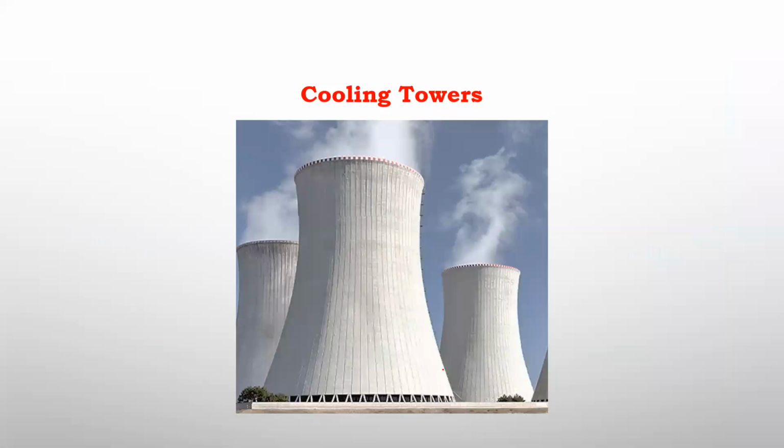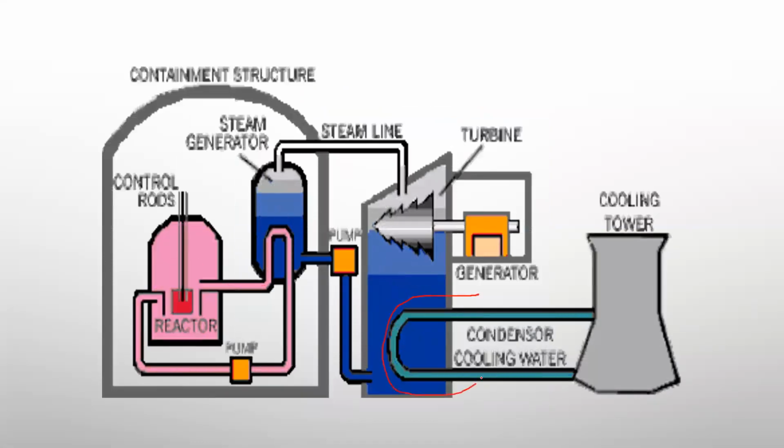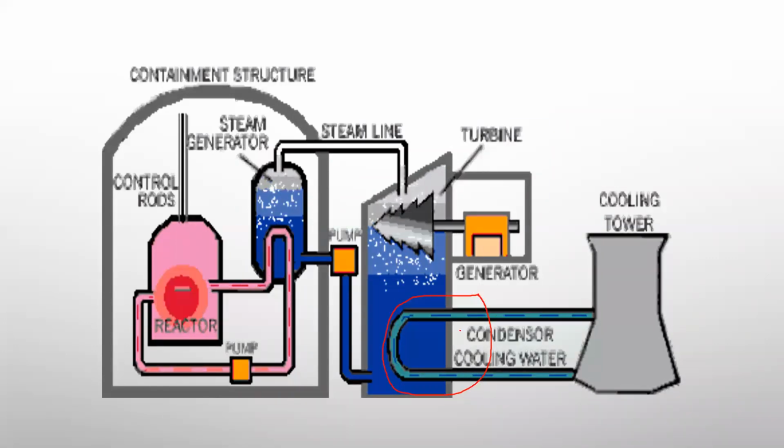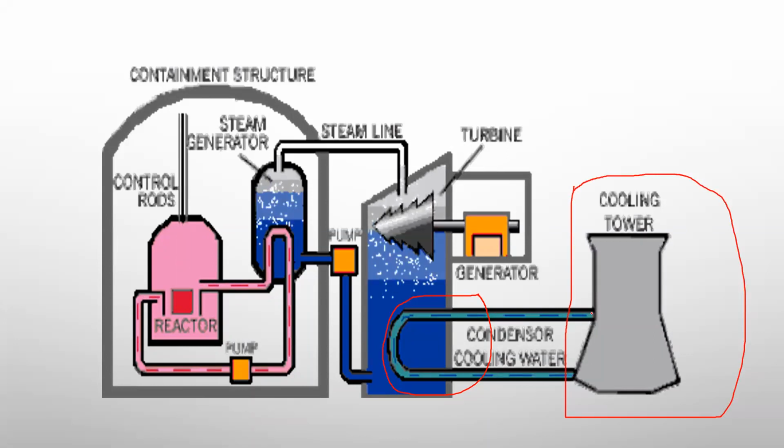And the next important topic is the cooling tower, right? This is the cooling tower. I will show you how it works. Just now we discussed this portion, which is nothing but the condenser portion, right? In it we discussed the classifications: jet condensers or surface condensers. This is nothing but the cooling tower, and now we are concentrating here. Here the cold water which is coming from the cooling tower is passed through the condenser. Here the steam is converted into the liquid form. The liquid will be sent back to the boiler, right?